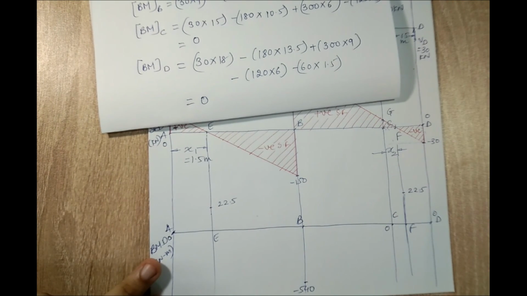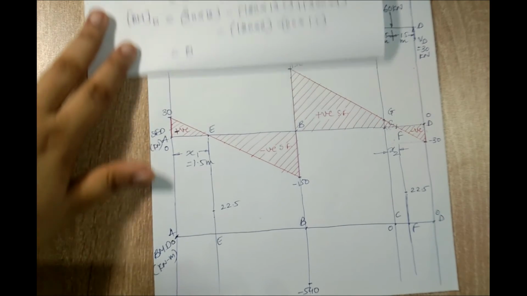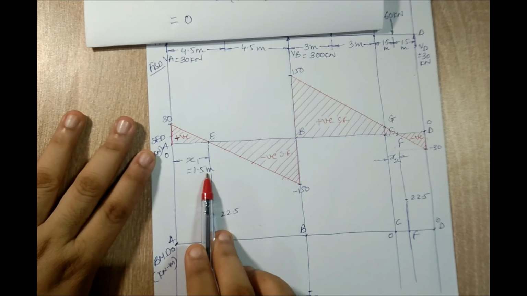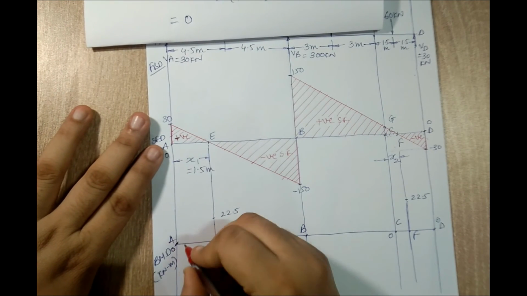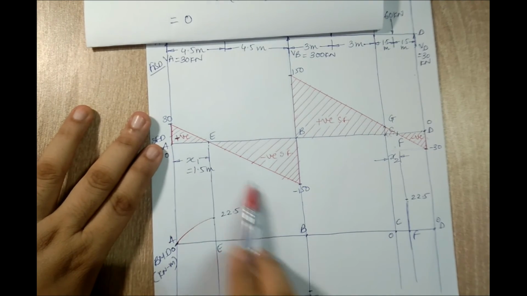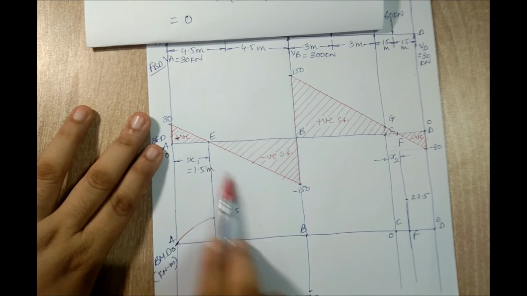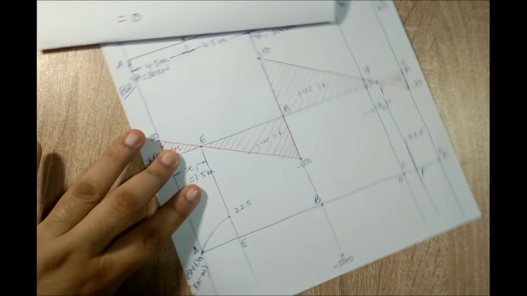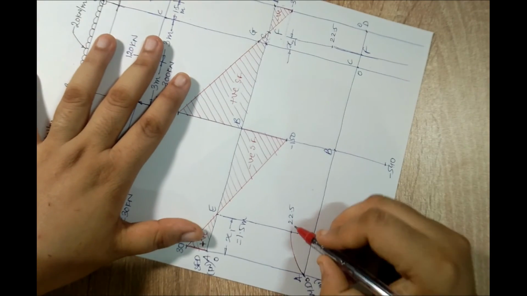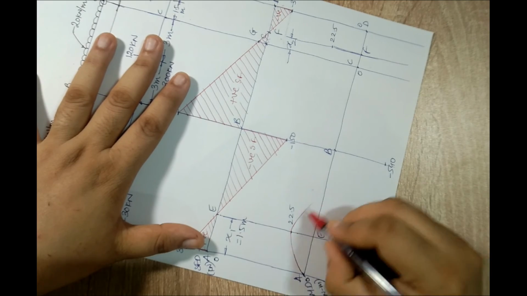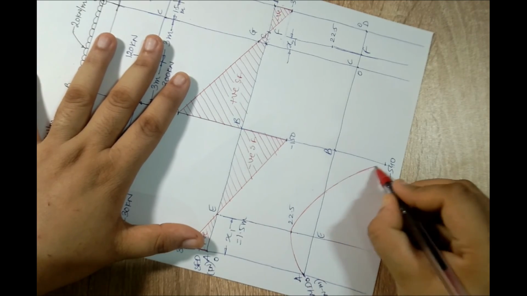So now I'll join these values. If you observe from the zone A to E, there is a decrease in shear force. So I'll draw the curve above the line. Again from E to this portion B, there is a decrease in the value of shear force. So I will join with a curve again. So here the join will be something like this, from this point to this point. So I'll just join above the line. So it will be something like this.